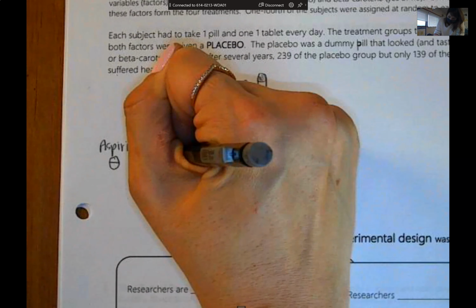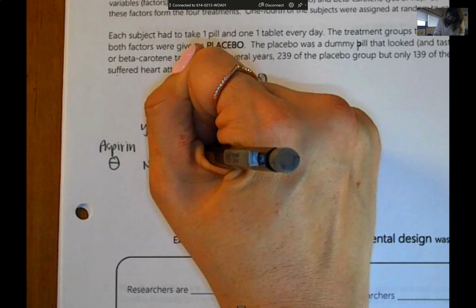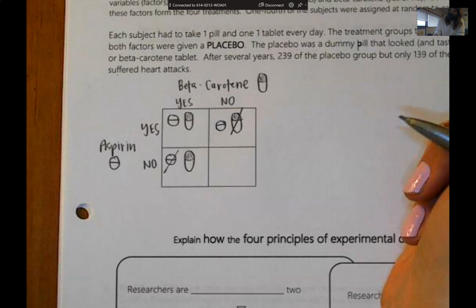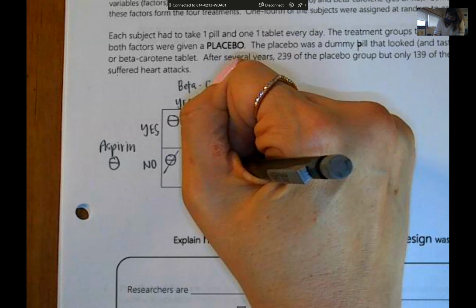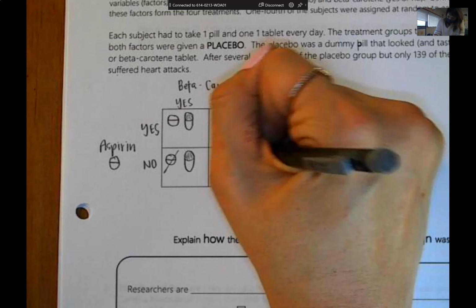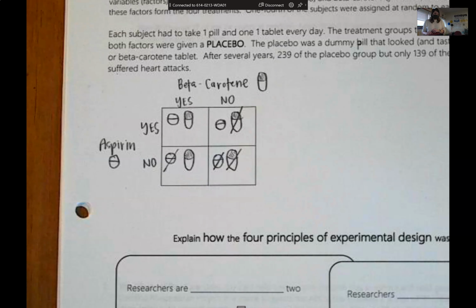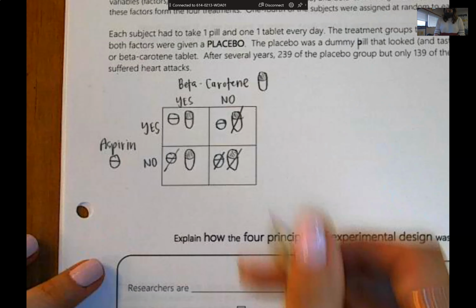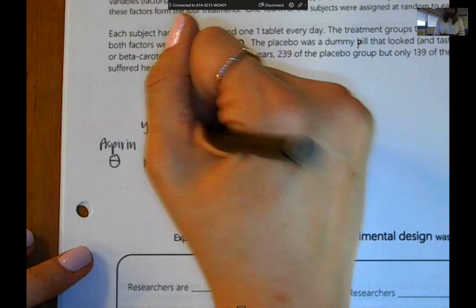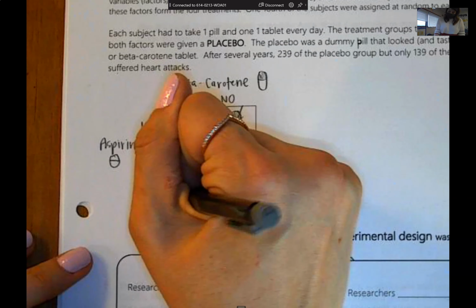Bottom left, the aspirin is the placebo. The beta carotene is active. And then the last group, both of them are placebos. So 4 treatment groups. They also tell us that within each treatment group,